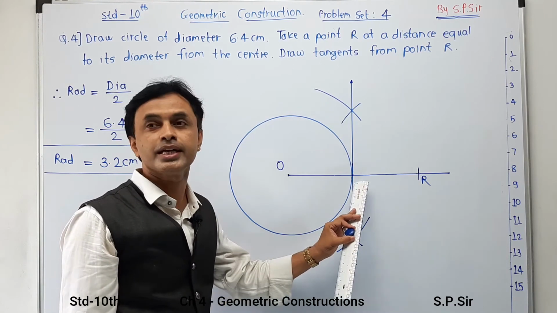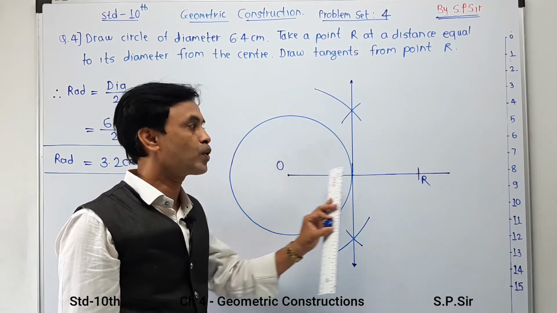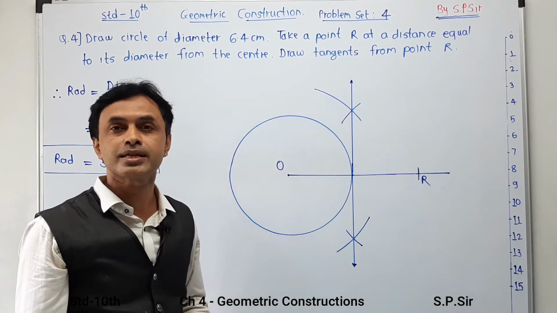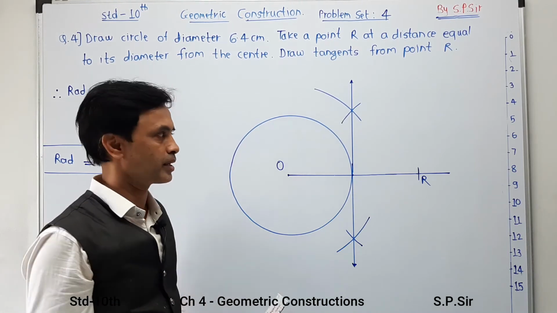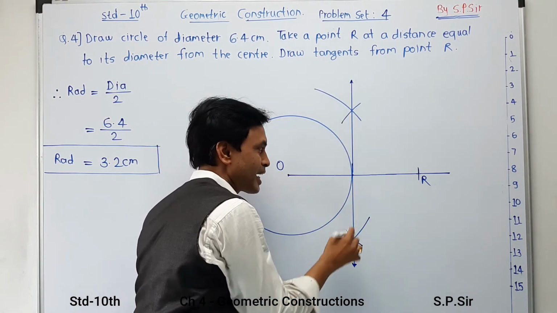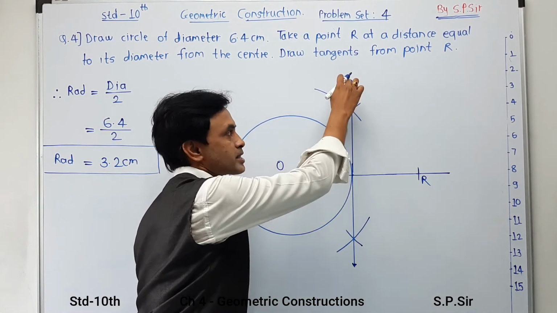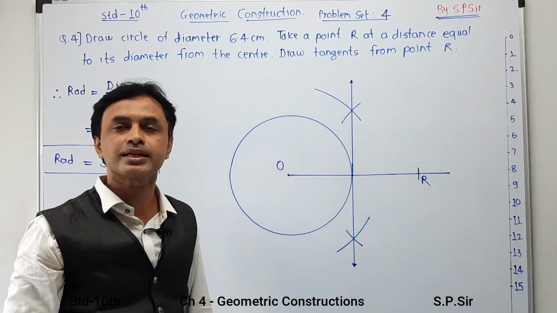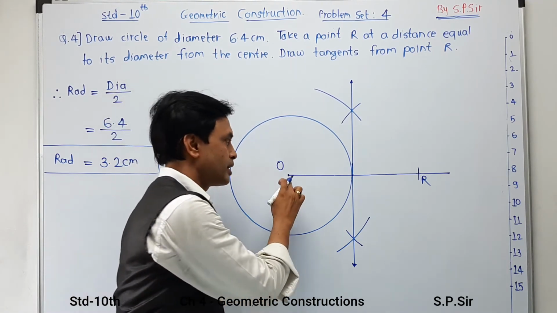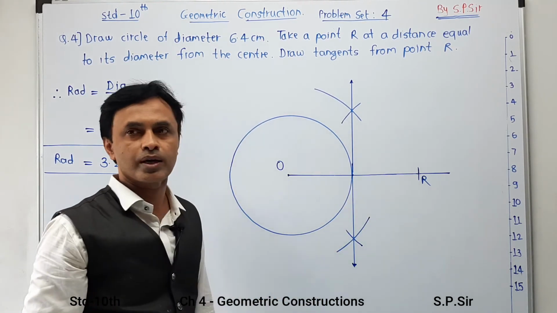Naturally you can say for this radius it actually acts as a diameter. Why? Because your radius is 3.2 centimeter. O to R is exactly double, that is 6.4 centimeter, nothing but a diameter. So you will get that line exactly touching the circle. Logically you can also say that if this is a radius, this line actually acts as a tangent also, as well as it is a perpendicular bisector for OR.